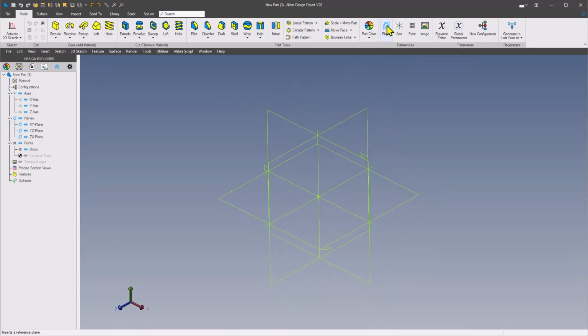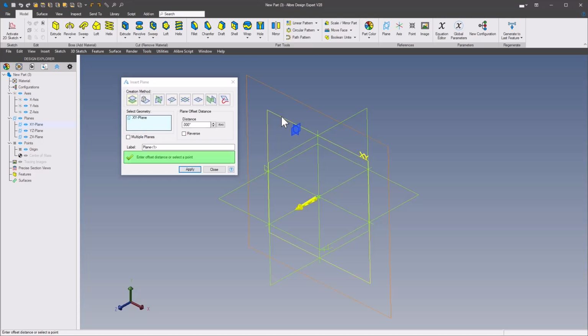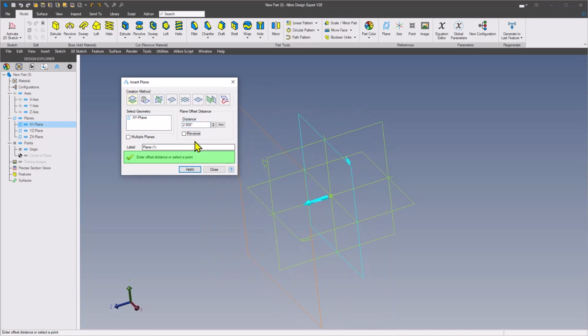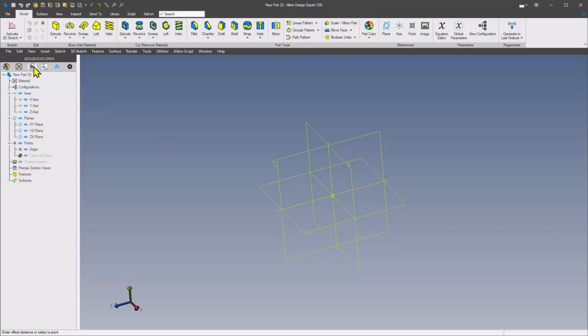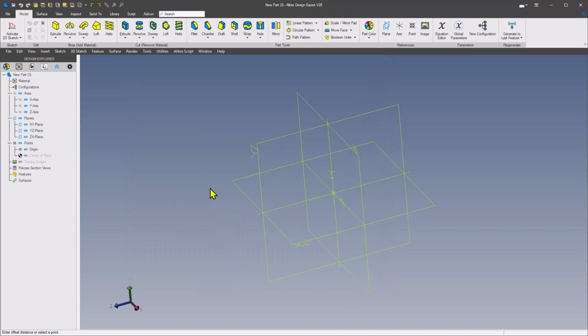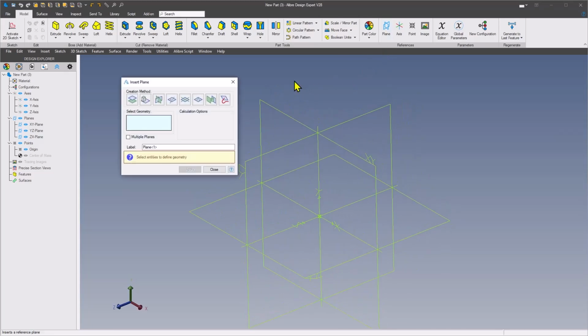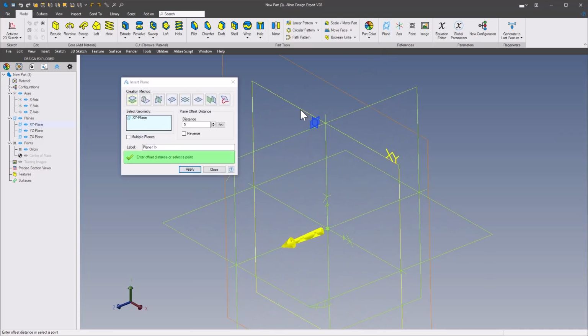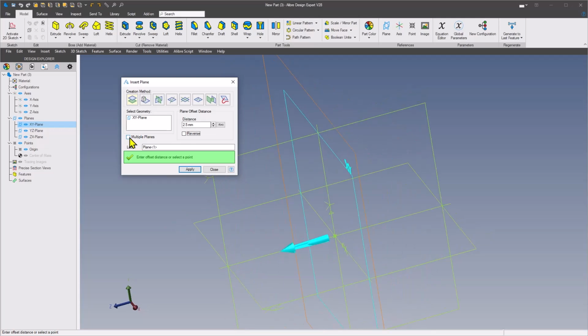So we'll grab our XY plane here, and our distance is going to be 2.5. Not inches. Let me get my inches changed to millimeters here, and apply that there. Now let's try this one more time. Okay, XY plane 2.5, and then we're going to do multiple planes,